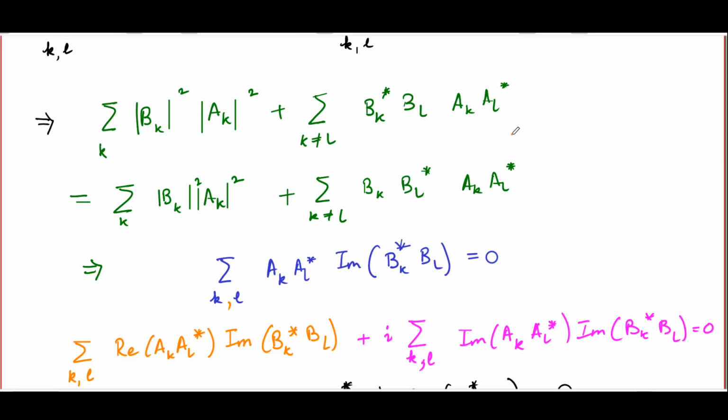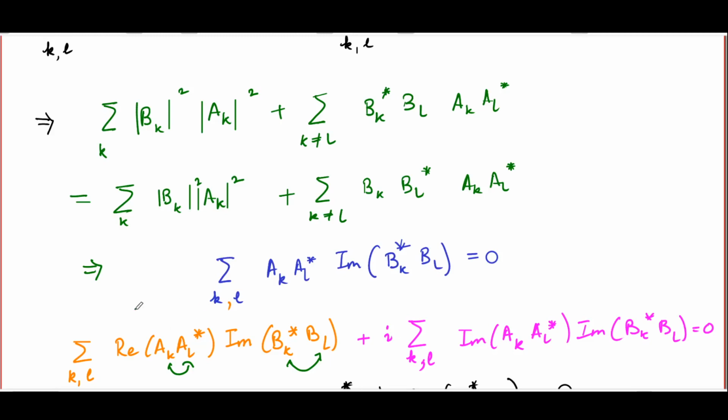However, it turns out that the first sum here, the sum over K and L of the real part of AK AL star times the imaginary part of BK star BL, is identically 0, so that doesn't impose any conditions. To see that, all you need to do is interchange the K and L dummy indices, and if you do that, the real part of AK AL star becomes the real part of AL AK star, the real part of its conjugate,